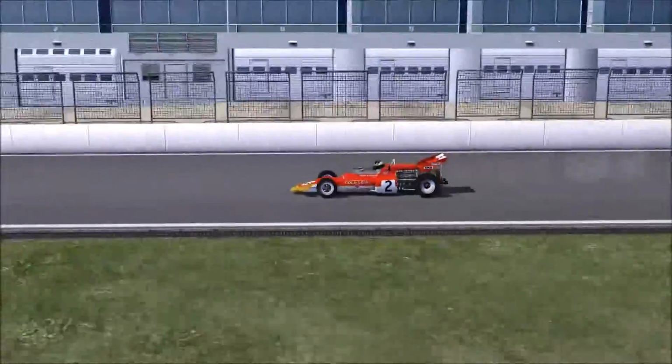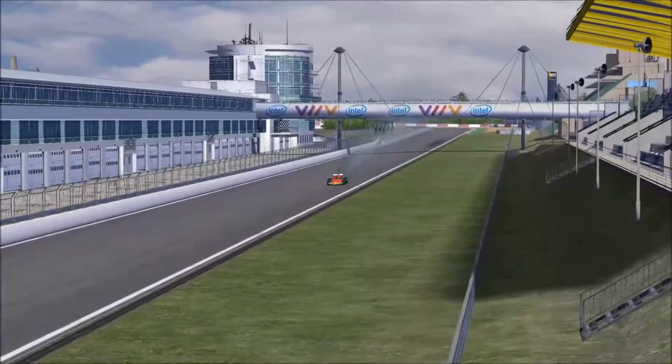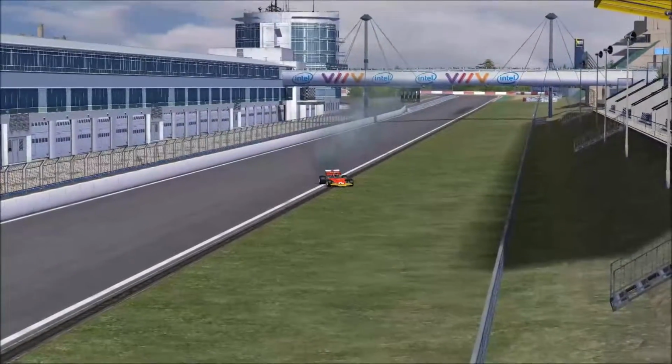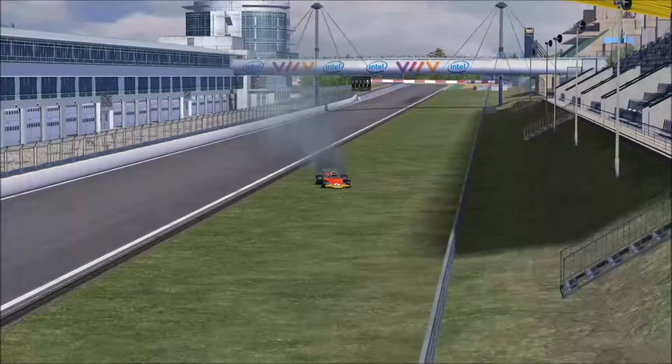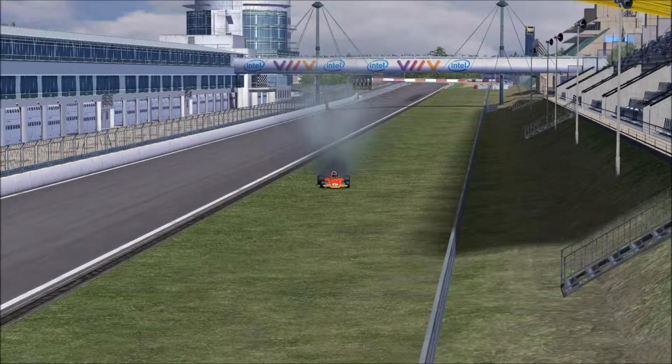Serious. Well, that's me grenading the engine, and believe me, I didn't over rev the thing, unless I only gave it half the beans rather than the full load. But there you go. Well, that was a lap in the Lotus 72. I just about made it over the finish line. Just so you can see how